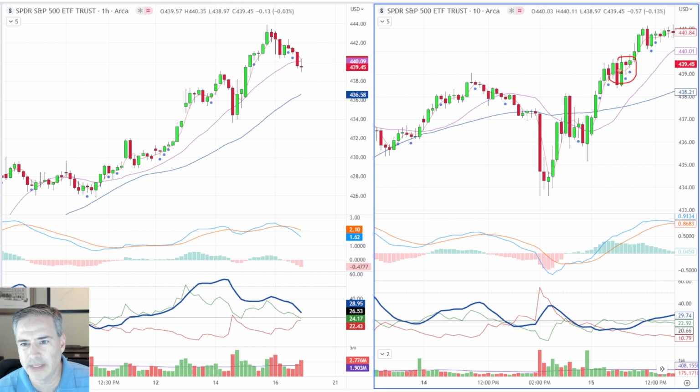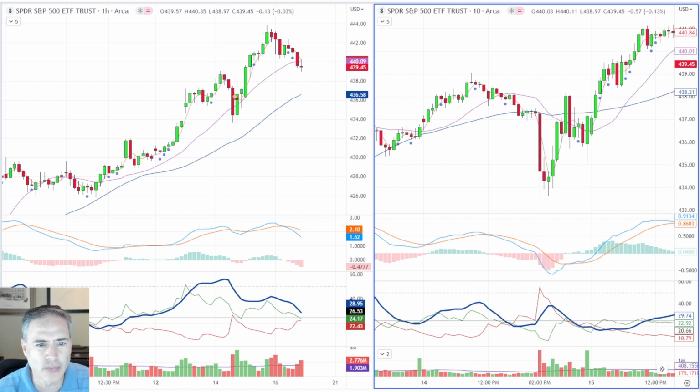Now, you could play it here or you could play the next couple moves after that. But I'm always trying to find that first pure entry that's getting me back in this trend close to this moving average. Remember, I want to be in as close to this MA as I can. That's my goal, if I can do that using this time frame and reducing the risk.